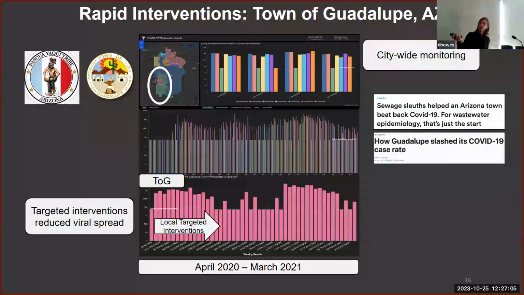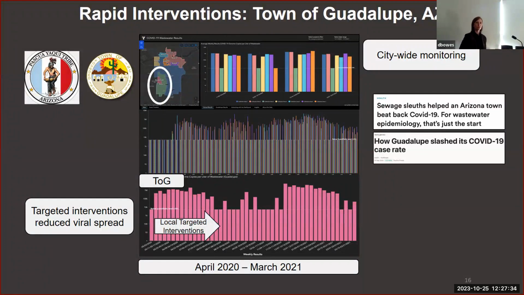So if we look at it here, during that initial ramp-up period after the lockdown or during the lockdown, and then when it was released, we saw very high levels of SARS-CoV-2 in the town of Guadalupe. And you can't see the number there, but it's in the millions. We were very shocked by this, of course, and we felt that we wanted to relay this information right away, which is what we did. We mentioned it to the city of Tempe, who then relayed that to the town of Guadalupe leaders.